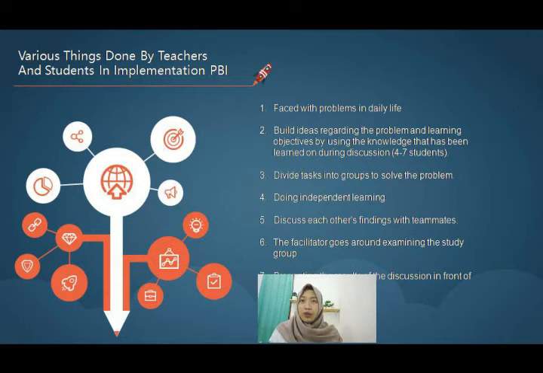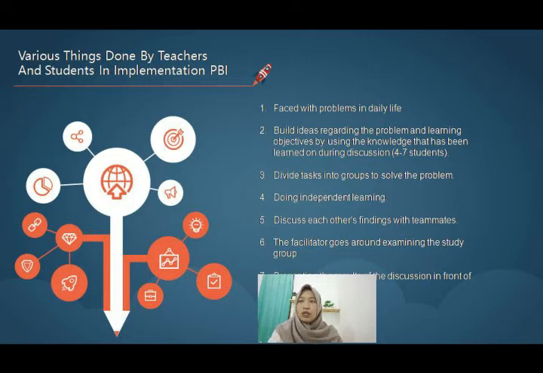And the second is building ideas regarding the problem and learning objective by using the knowledge that has been learned during discussion. Next is dividing tasks into groups to solve the problem. And also doing independent learning, so it's not always a group, but sometimes they also learn by themselves. Next is discussing with each other to find answers with teammates, and the facilitator can go around when students do the examining with their group, so the teacher still can